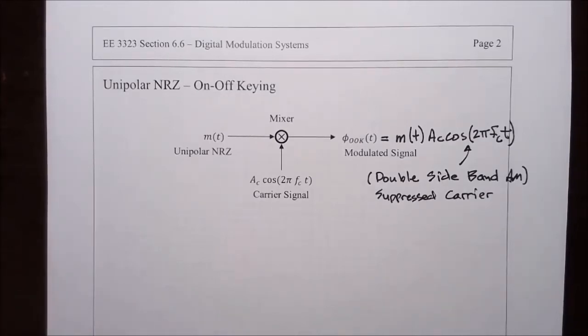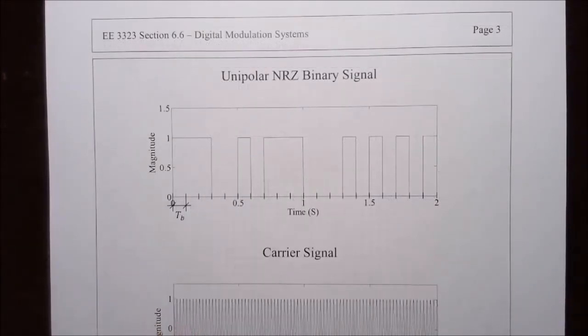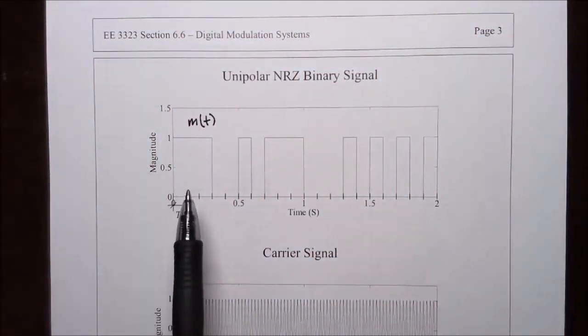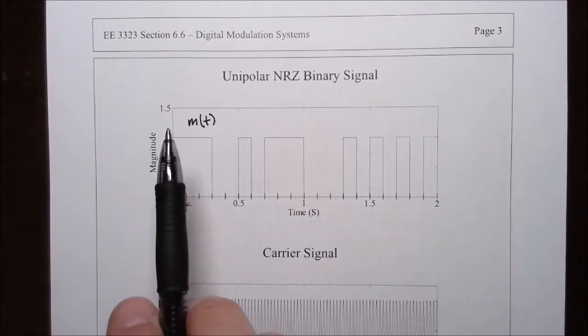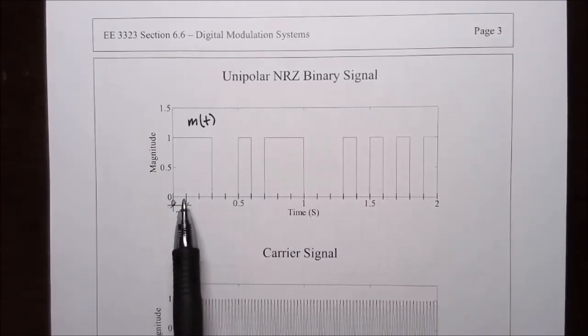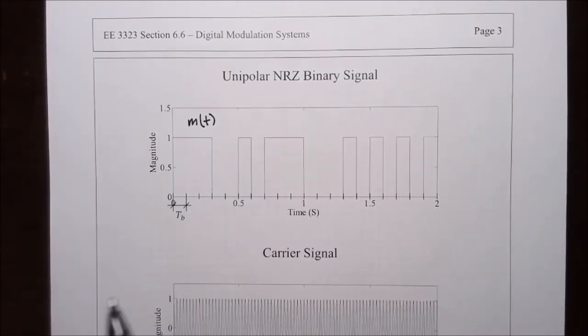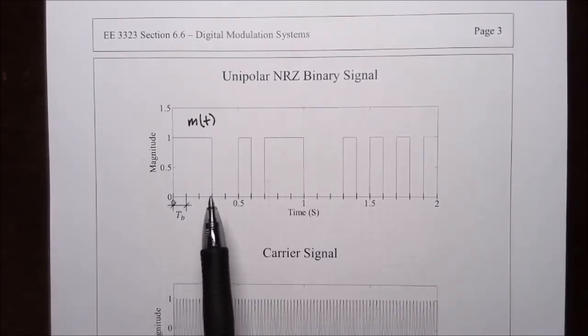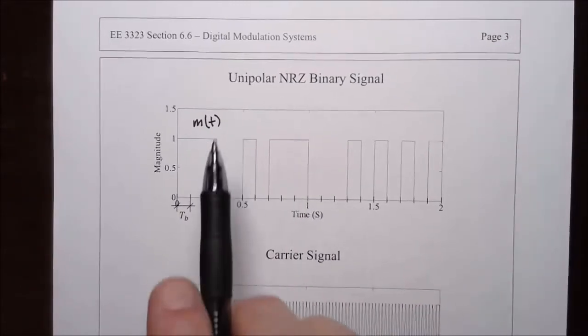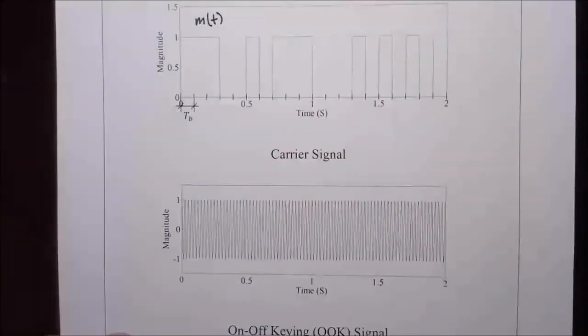Okay, now let's see what this looks like graphically. This is an example message signal. So this is the signal m(t). Logical ones are encoded as 1 volt, logical zeros as 0 volts. Here, this is the indication of the bit period, and it is a random string of bits: 111001011001010, etc., etc. So this is the message signal,